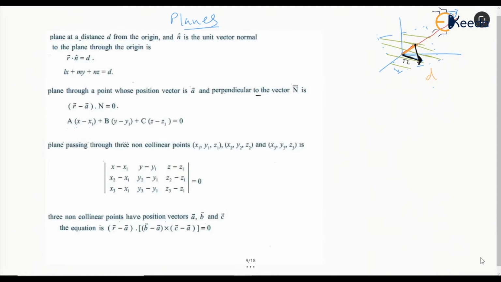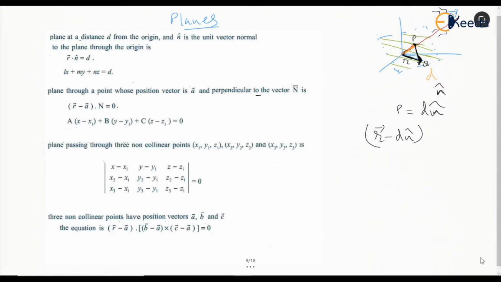So let's say this is going to be d into n, because d is the distance, and let's say n cap is the normal vector. So what is this vector going to be? Let's say this is p. So this p is going to be d times the n vector. Yes or no? Because d is the length and n is the unit vector on this line, right? And let's say this is R. So this line joining P and Q is going to be simply R minus dn, right? This is the line joining P and Q.